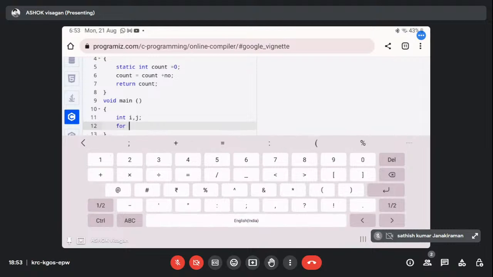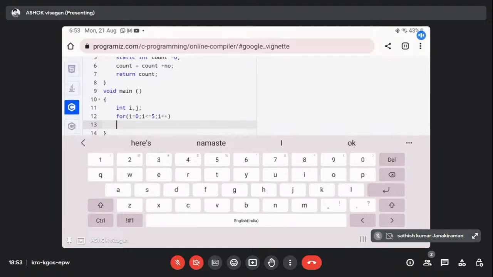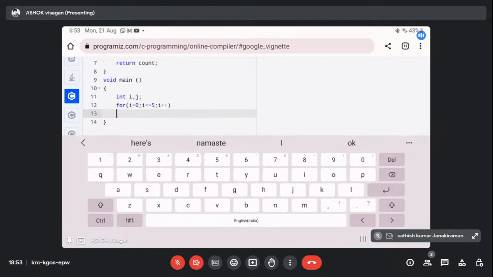Now, for loop. I equal to 0 is initialized. I less than or equal to 5, semicolon. People need to be careful with this syntax also. Okay, next to the for loop, under this for loop, j equal to function of